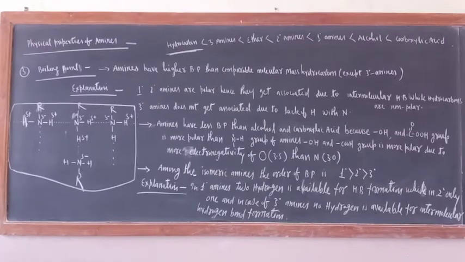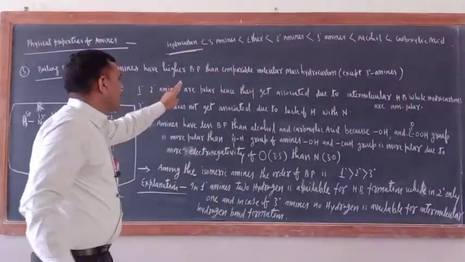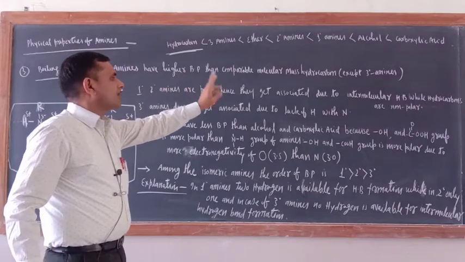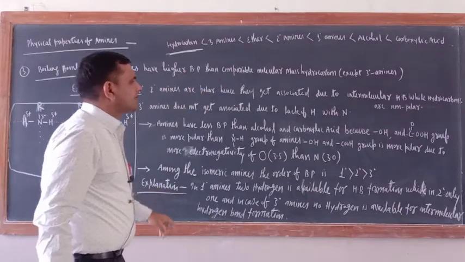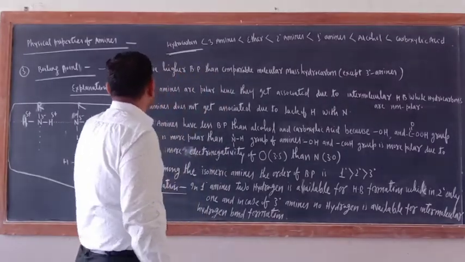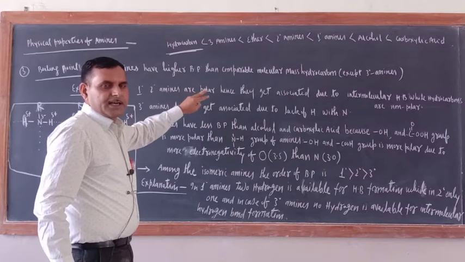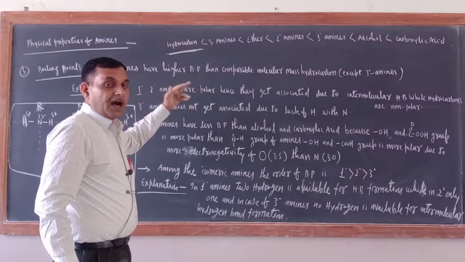Okay, see the boiling points. The last one, physical property of amines. Amines have higher boiling point than comparable molecular mass hydrocarbon, except 3 degree amines. Except 3 degree amines. Means amines will have higher boiling point than that of hydrocarbon. Okay, hydrocarbon means